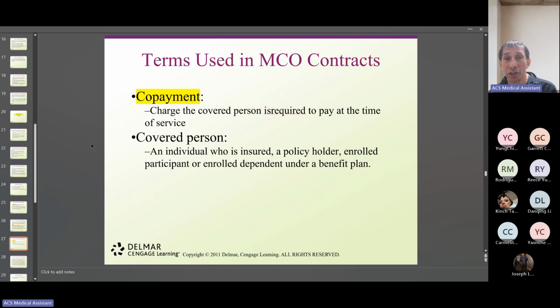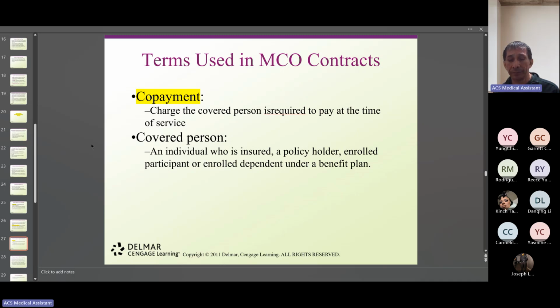Well, the copayment is similar, in this case for insurance. This is a charge or amount of money that the patient has to pay every single time that they receive services. Every single time. That is the copayment. That's the answer. What is the amount of money charged to the patient in every visit? What is called copayment. That's basically what it is.